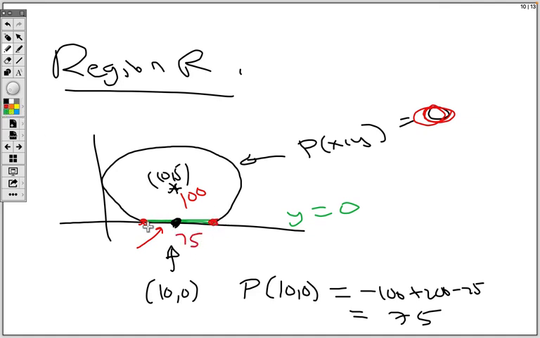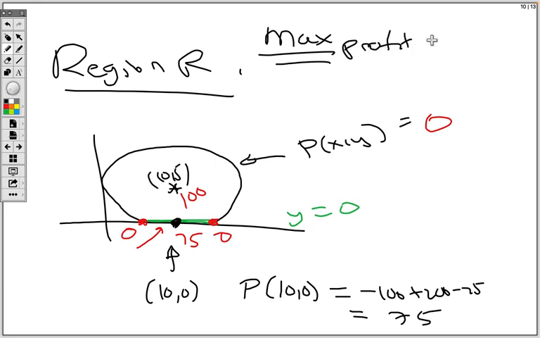And then these 2 points, they're on the y-axis, but they're also on the curve where the profit is 0. So I know that those profits are zeros. And now I say, okay, well, what am I looking for here? I want to find the maximum profit. So I look for the biggest function value here. And the biggest function value here is what? So looking at the red numbers, what's the largest? Yep. The largest is 100,